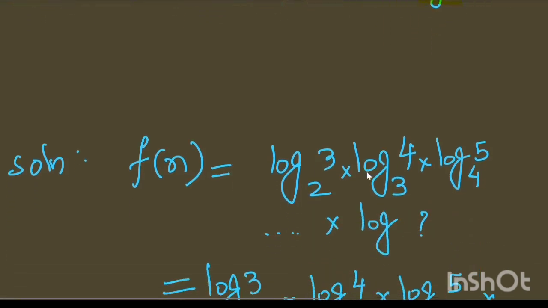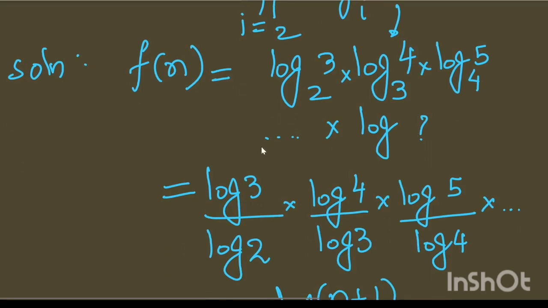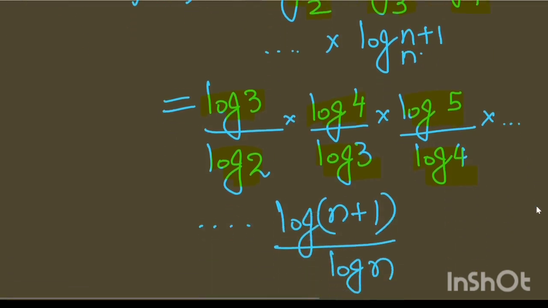So fn, after substituting i equal to 2 to n in log i plus 1 base i, gives this. Now log 3 base 2, using the property, is log 3 by log 2. Similarly, the others are also expressed like this. What is the final term here, the question mark? We saw that this term is nothing but, guys, log n plus 1 base n. So finally the last term would be log n plus 1